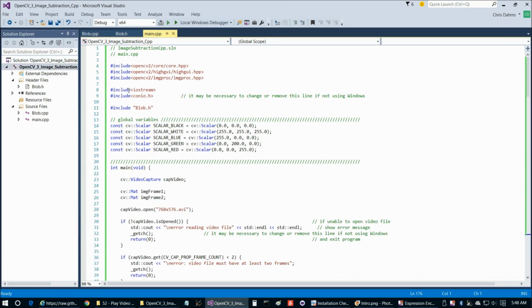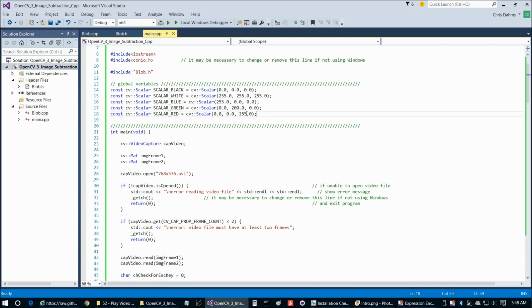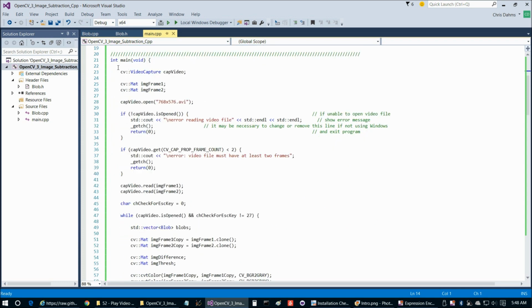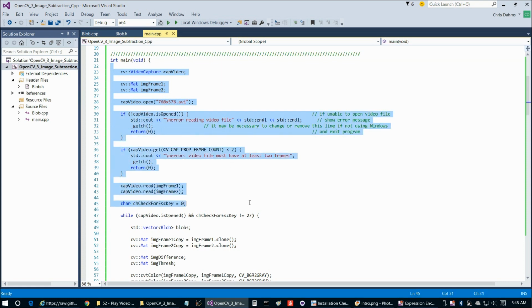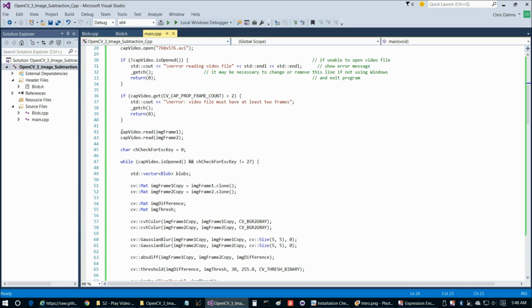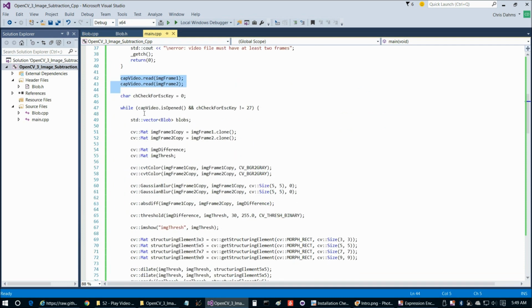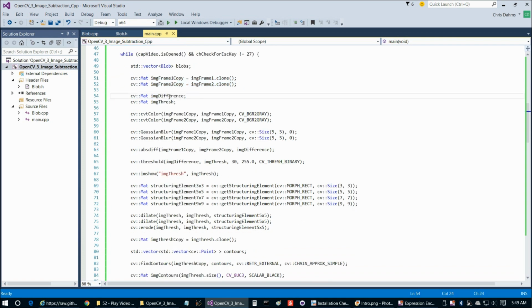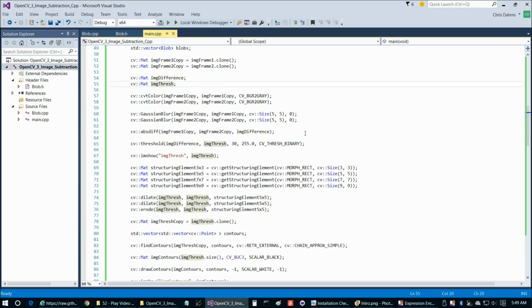So let's take a quick look at the code here. We simply declare some colors at the beginning, and then this section here is pretty similar to the previous video where we simply played a video. The only difference is we're now working with 2 frames instead of 1, because we have to have the previous frame and then also the current frame. And then once we jump into our while loop, we're going to read our frames here, and then we're going to compute the image difference and threshold,